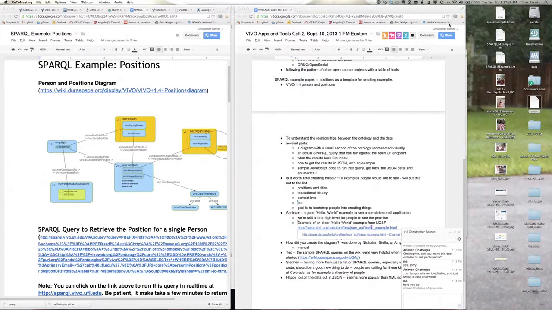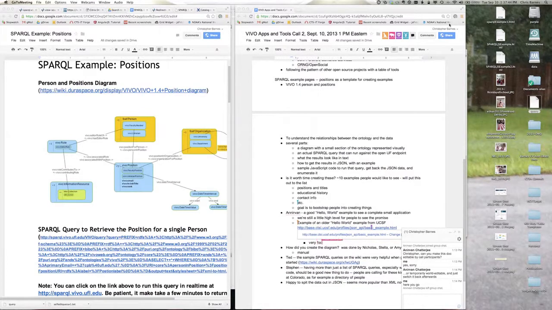We were really focused on developer usability, which is why we had a custom translator between the VIVO RDF and a local JSON flavor that's a lot simpler.